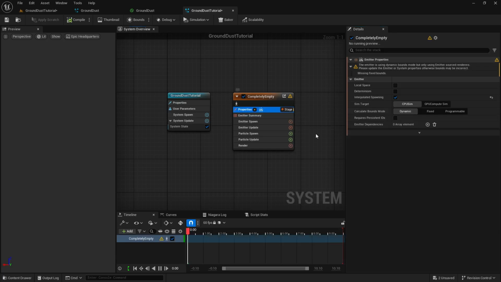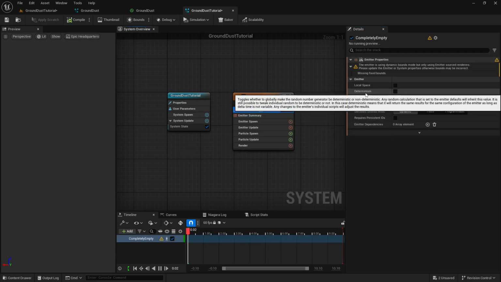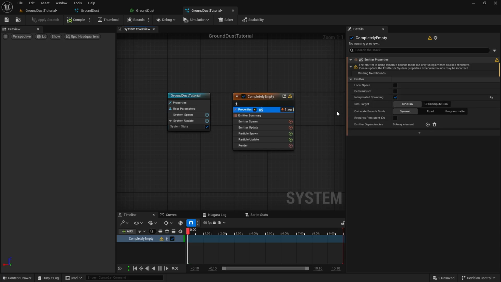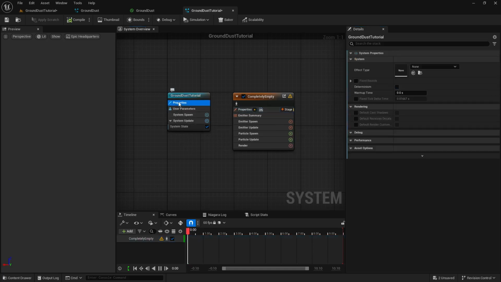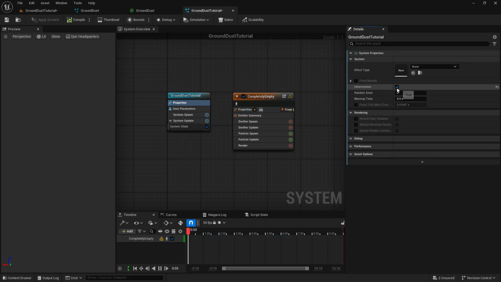First go to your properties here and make sure that you have determinism on. What this does is, when your infinite loop is over, let's say after 5 seconds, and the particles play again, it will make sure that they are the same as they were before. If you don't turn this on, your particles will be random whenever they loop again. So make sure that this is on because we want this always on. Then do the same thing here as well. Let's click on properties here and turn on determinism here as well.